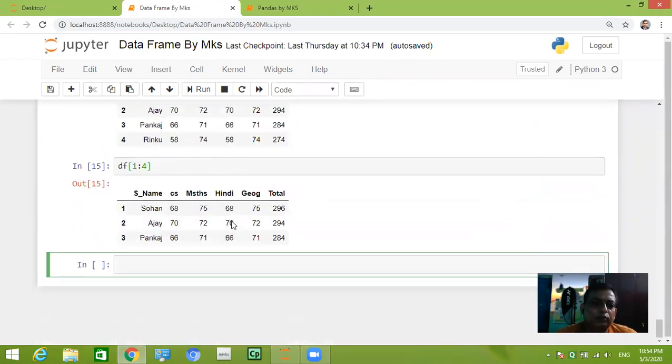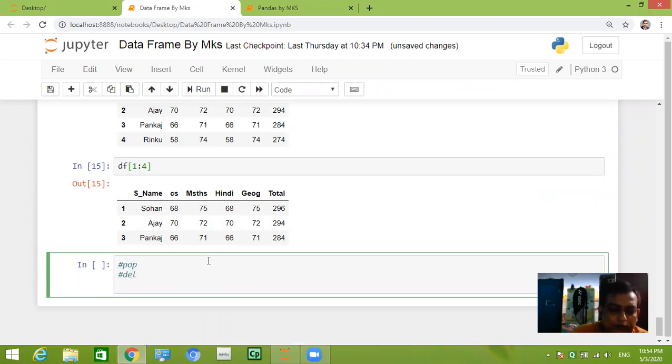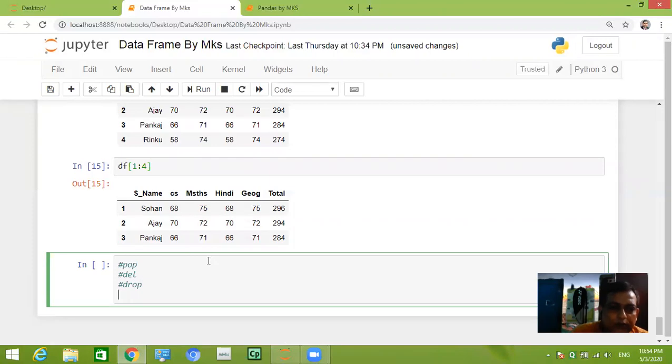Now we'll see how to delete columns from the data frame. For that we have 3 functions. One is pop, another is del, and the last is drop. These 3 functions you can use, any one out of these 3.